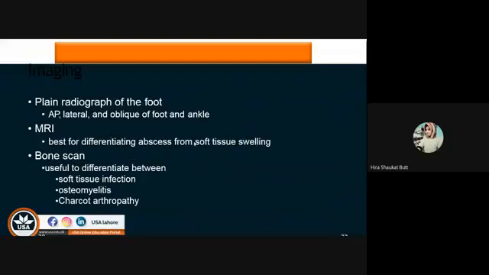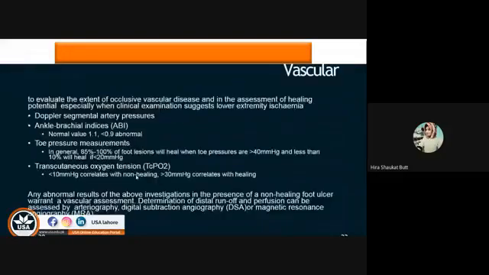If you have to differentiate abscess from the soft tissue swelling, you can go for the bone scan. If you have to differentiate between the soft tissue infection and the involvement of your bony tissue, okay, so this is how imaging can help always. And if you want to go for the vascular testing, then in the vascular testing you have to evaluate the extent of occlusive vascular disease, or the status of the peripheral or the venous involvement in the assessment of